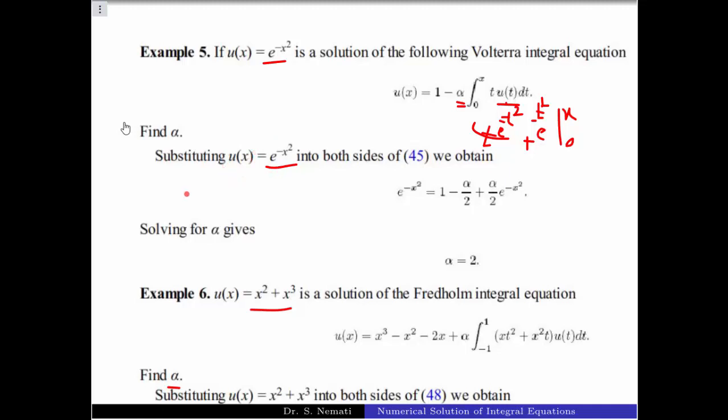For example, you have a form like this, 1 plus x cubed minus x to the power 6 over